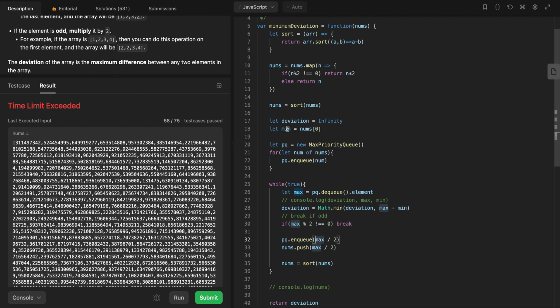Also we will have to see if min has been breached. Math dot min of min or max divided by 2, and yeah,